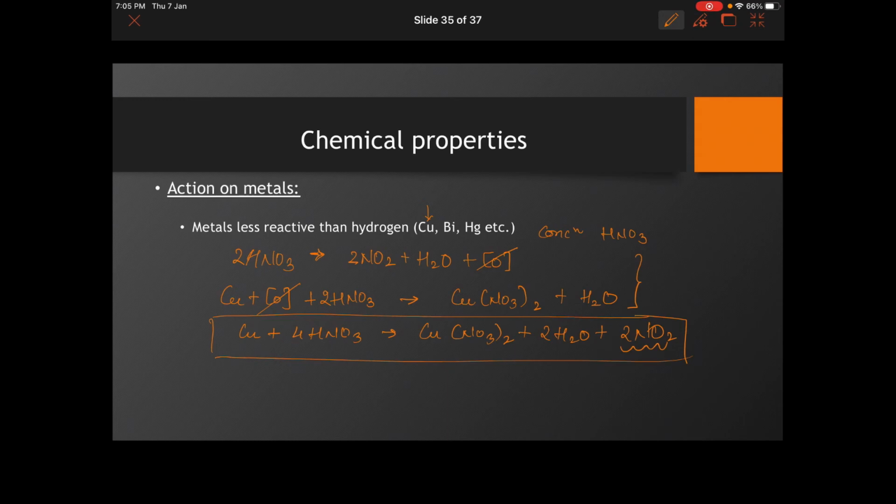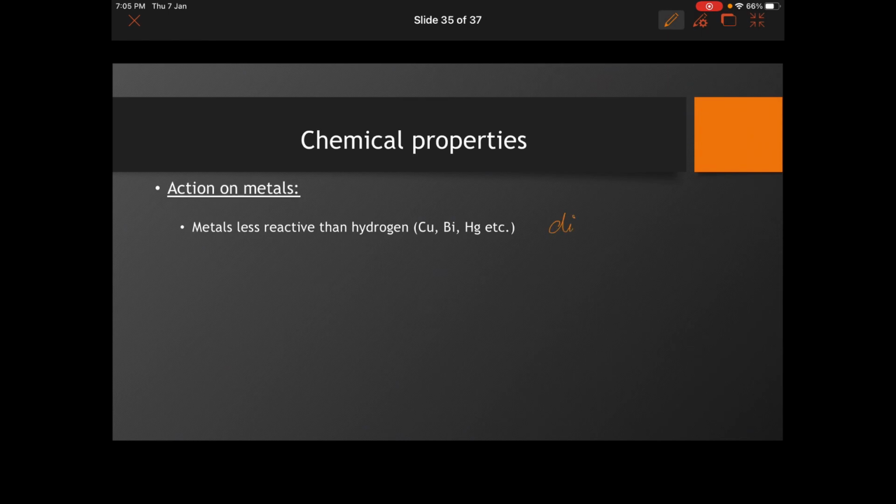All right. Similarly, when we use dilute HNO3, again the reaction over here, HNO3 is going to form nitric oxide, release an H2O molecule and a nascent oxygen. Perfect. Then again, copper reacting with nascent oxygen, giving me copper oxide, which reacts with HNO3. What is going to form? Again, copper nitrate, Cu(NO3)2. This is going to form. And with this, we are going to get over here a product called H2O. Yes, we have done that.